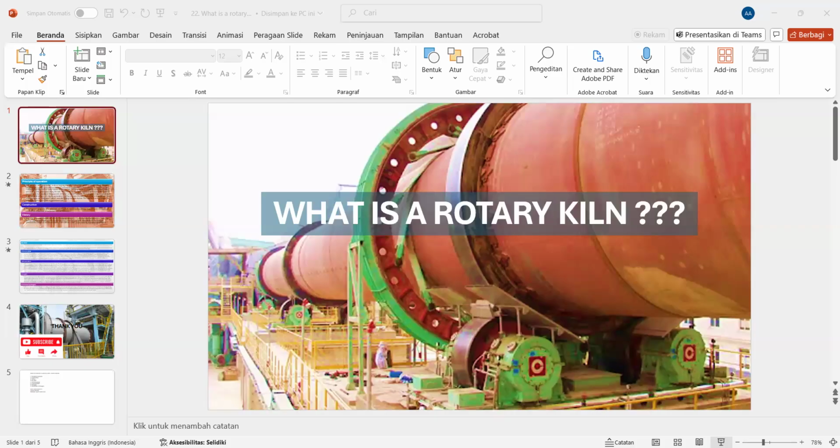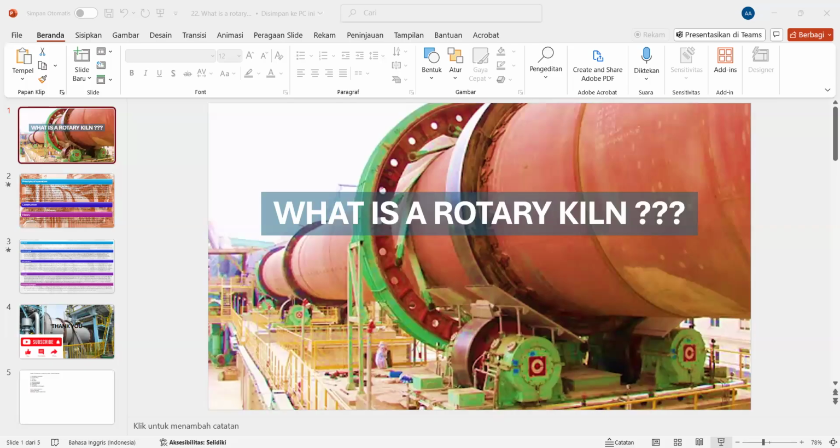Refractory lining. The purpose of the refractory lining is to insulate the steel shell from the high temperatures inside the kiln and to protect it from the corrosive properties of the process material. It might consist of refractory bricks or cast refractory concrete, or may be absent in the zone of the kiln that is below approximately 240 degrees Celsius,